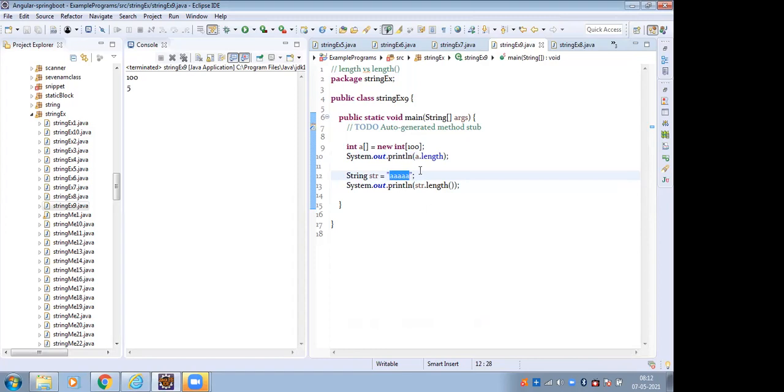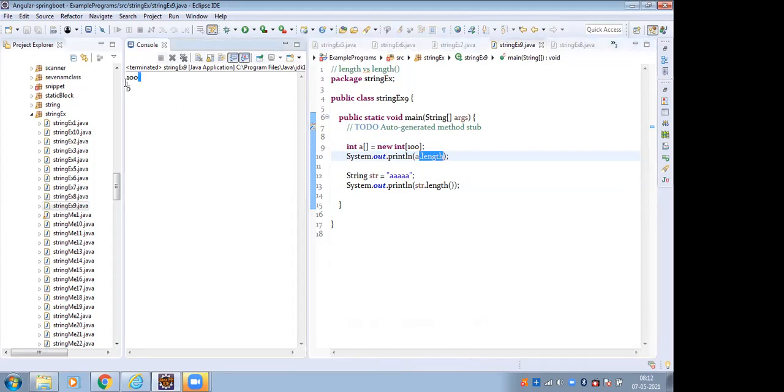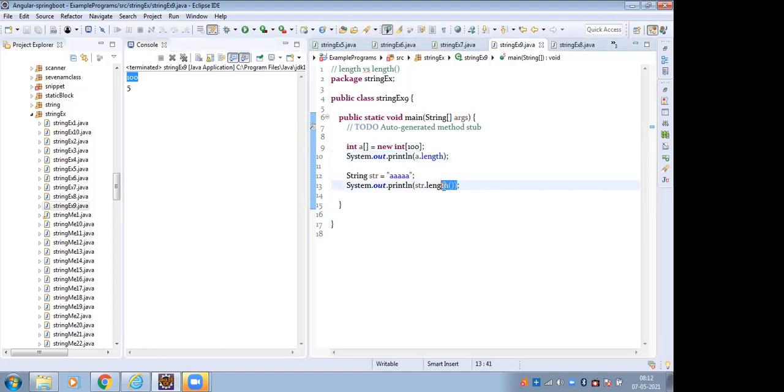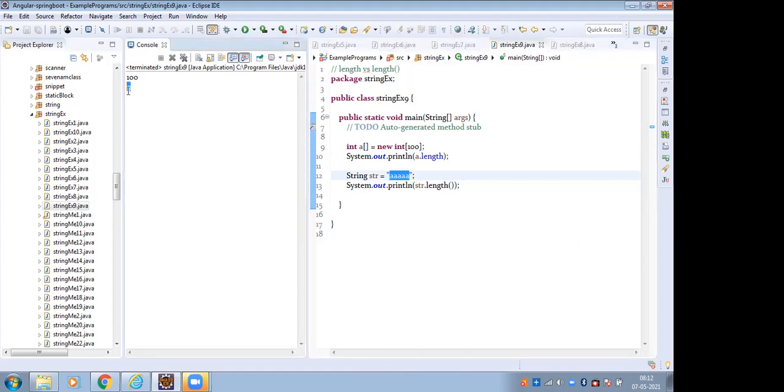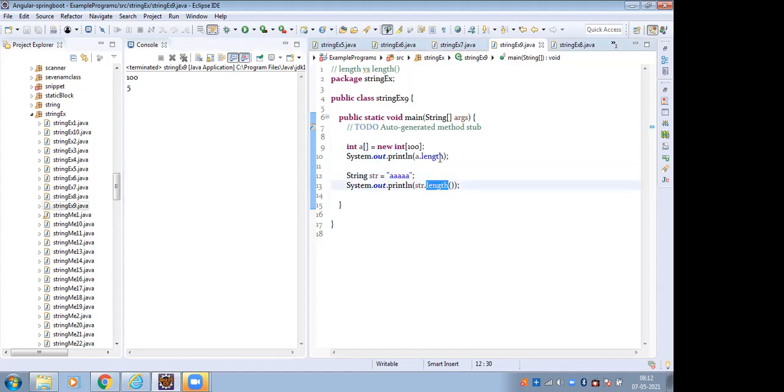So this is our array. I assign 100 as the size, the limit, so indexes 0 to 99. The values at indexes 0 to 99 I can store here in the array. To find the length of the array, we have to use the keyword, and then it prints the result. And length() is a predefined method used to find the length of the string. The length is printed here. This is the way we use length in two ways: one is to find the length of the array and the other is to find the length of the string.